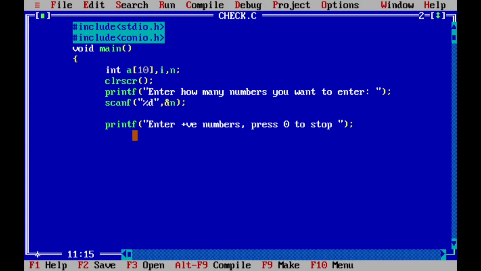Okay, this is just a message to the user. Enter positive numbers, not a single number. Enter positive numbers. Press 0 to stop. To store entered numbers, here I already declared an array. Size is 10. But how many numbers the user wants to enter, that value is placed in this particular variable